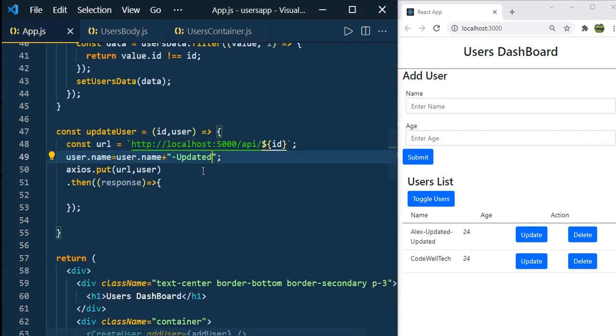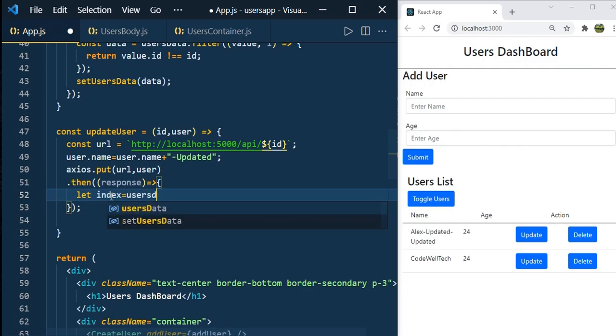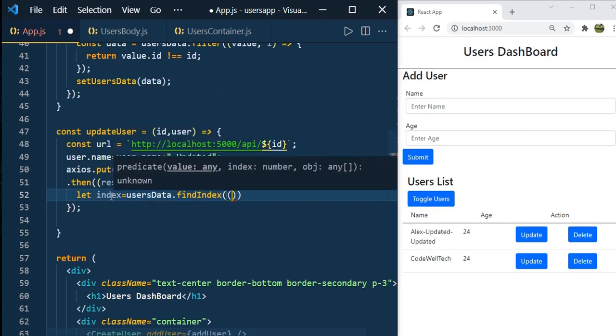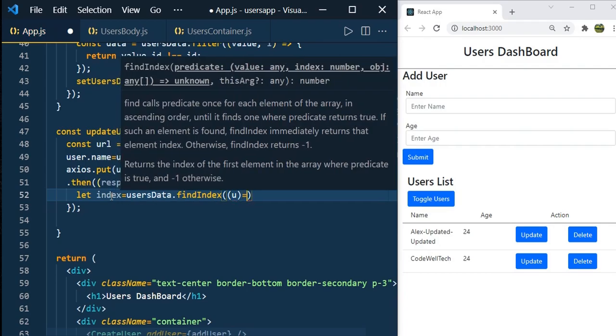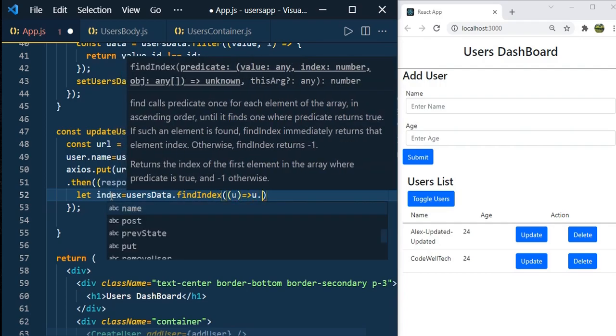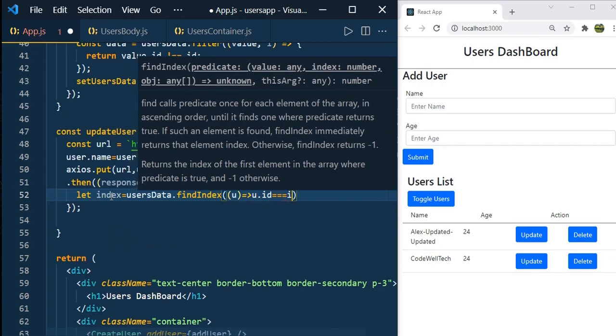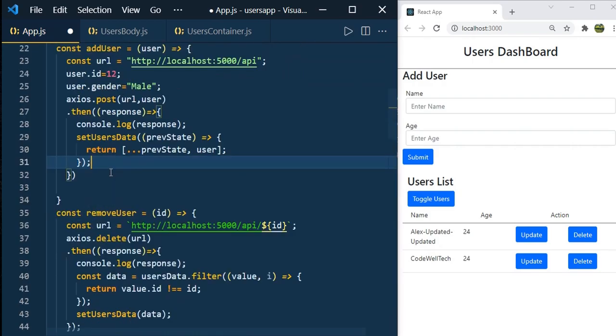Now once the put call is successful, then we need to update the data on the screen, and for that first we need to get the index of the object. So let index equal to usersData.findIndex, and it is going to take the callback function u, u.id equal to id. So now we need to update the state by getting the previous state.